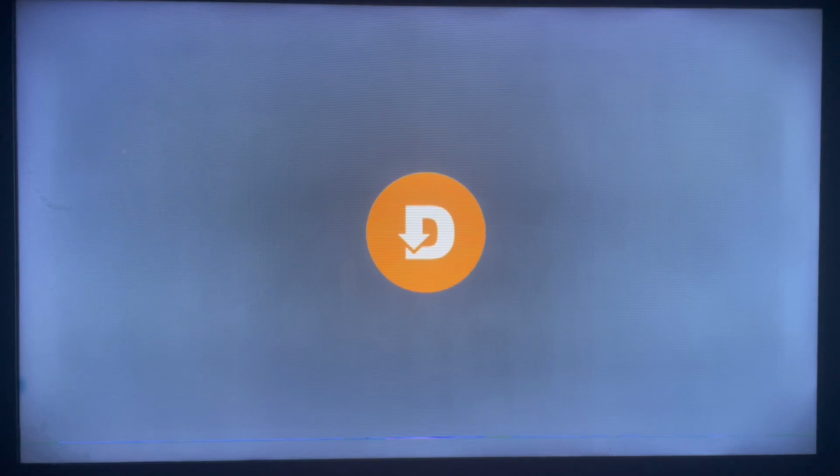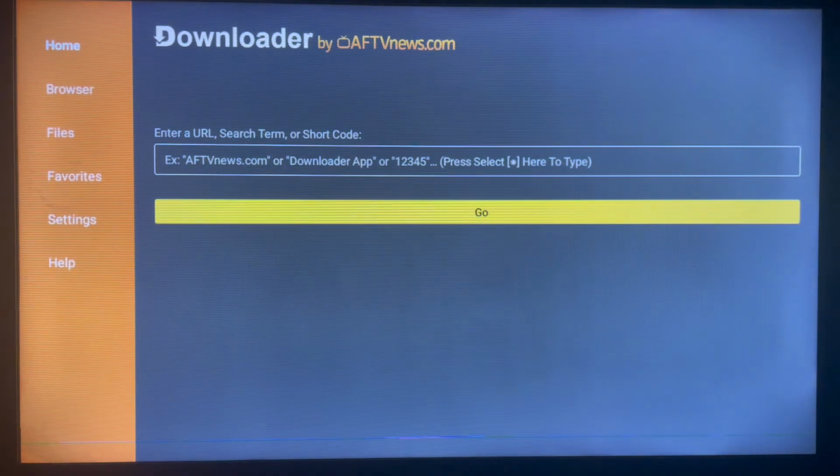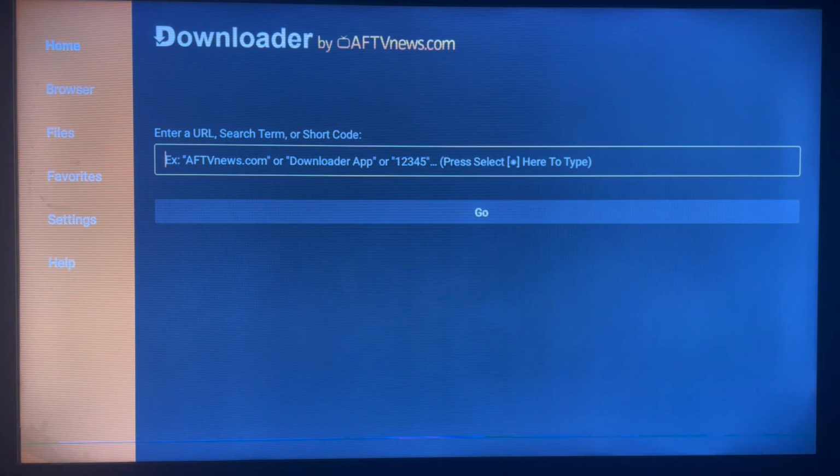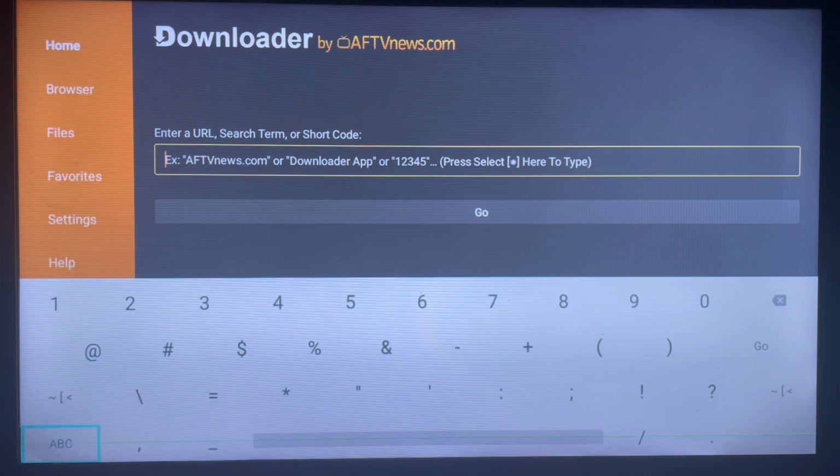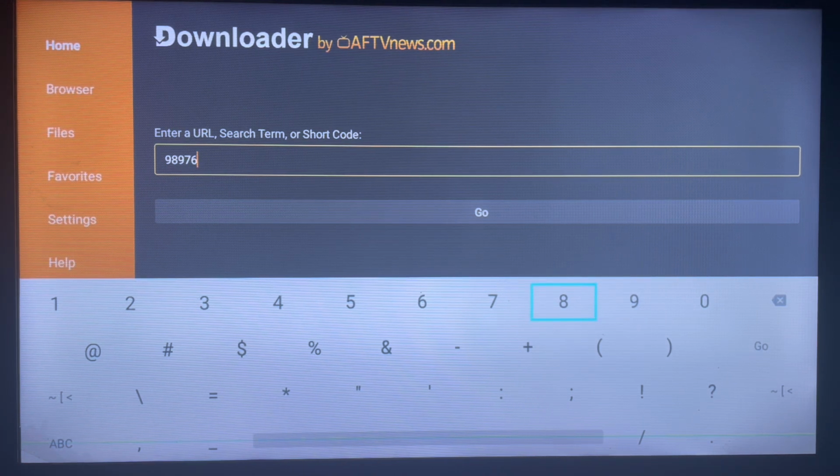Once you get Downloader on your smart TV, all you have to do is launch it. The interface is very user friendly, and here's how it looks. All you have to do is come over to this box here and type in the code 989. So type in the right code. In most cases, you are going to have to search for the application, but in this case, we're not going to search for the application. We're just going to type in the code 98976768. So once you type in the right code and click on go,